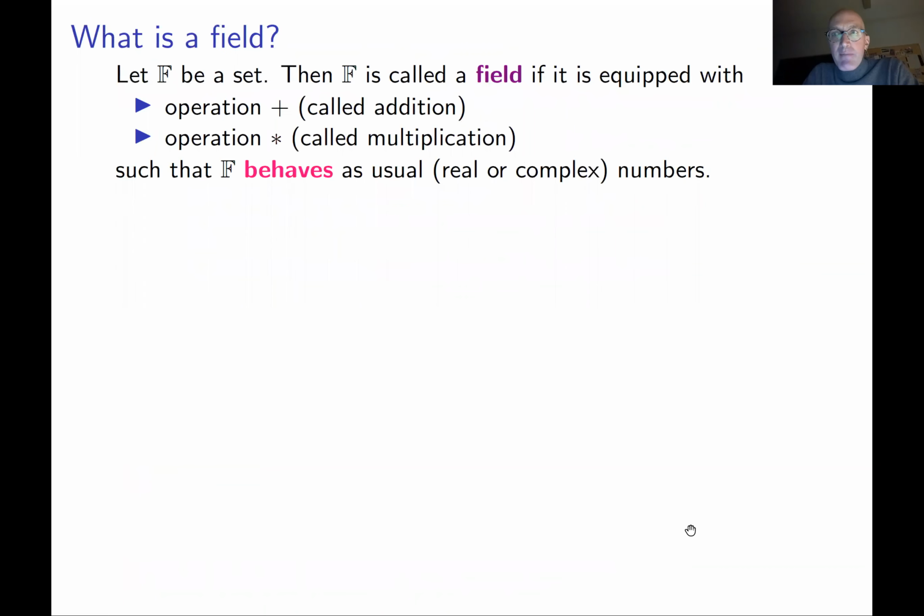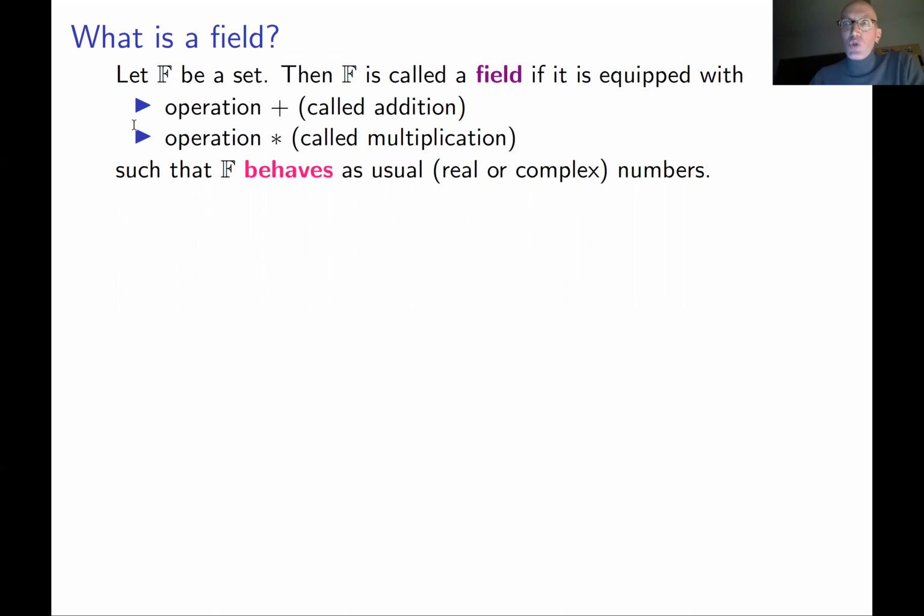Mathematicians reserve a special name for some numbers which can be used in linear algebra. This name is called a field. What is a field? First of all, it's a set. Usually, people denote fields by the letter F, like this. Bold F stands for field. So F is some set. You take some set, and this set is called a field if you can equip it with two operations, addition and multiplication. And these operations are basically part of the field, such that your set behaves as usual numbers when it's equipped with these operations.